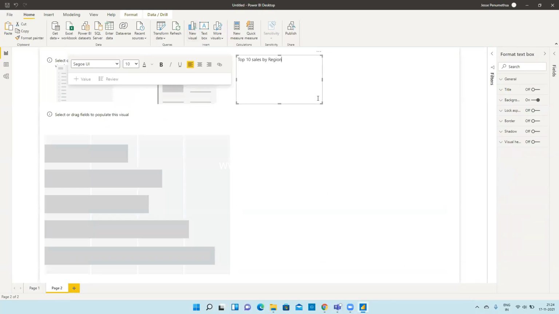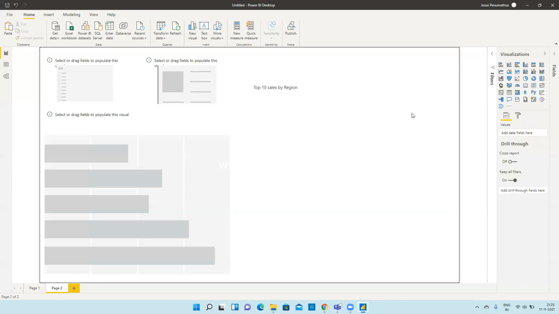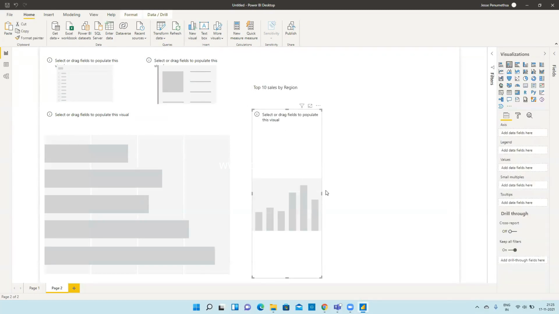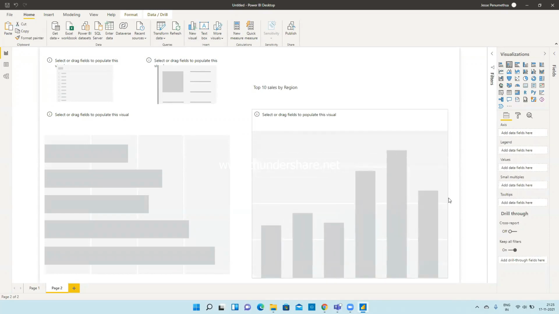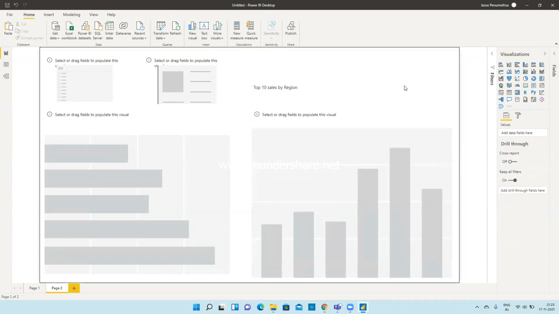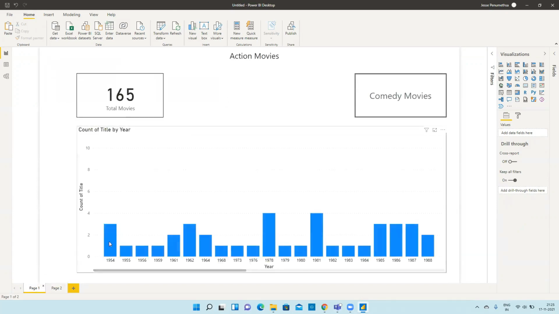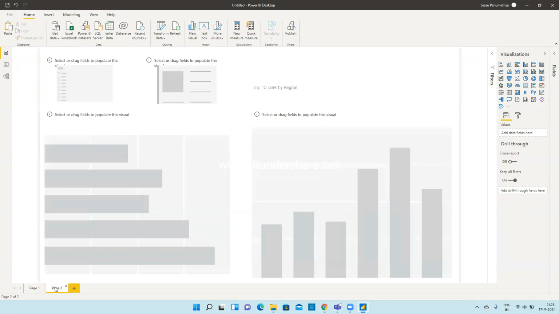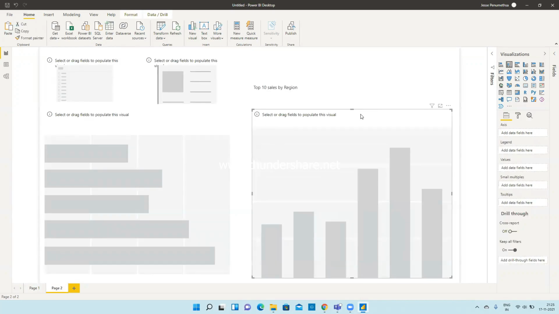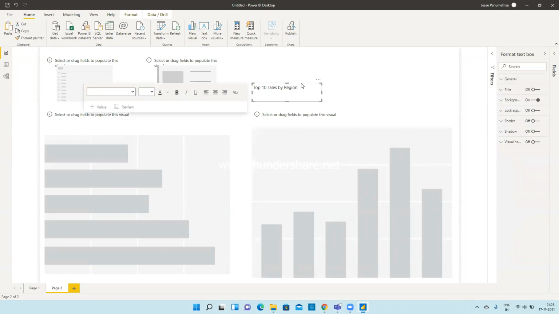So if you take this on the left as a heading, it's like a button. There will be a button, and when you click on top 10 here, the visual below shows top 10 sales. Okay, if they click on bottom 10 sales beside that, this visual will change to bottom 10, exactly similar to this. But what we have done here is we have hidden buttons. Here we hid the button, we hid the text box. But here what we need to hide is this visual. We need to create 2 copies of the visual: top 10 sales one, bottom 10 sales one.